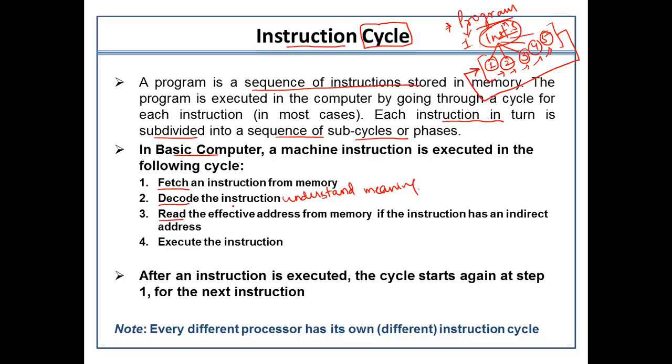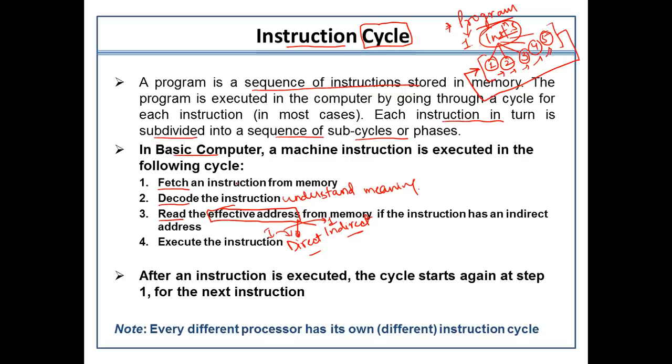In order to read the data, if you remember this effective address, I should be very much aware of where the effective address of the memory is. We have studied it in the case of direct and indirect addressing, right? In which way we are going to address the instruction will purely depend upon its effective address, meaning the value of mode bit I. If it is 0, it is direct. If it is 1, it is going to be indirect.